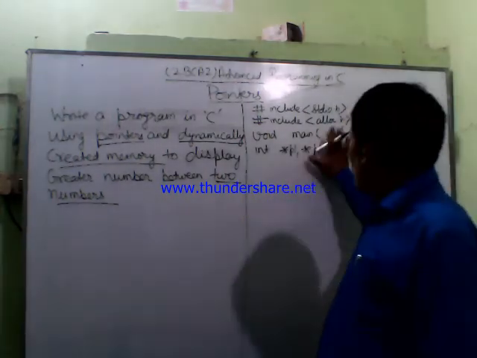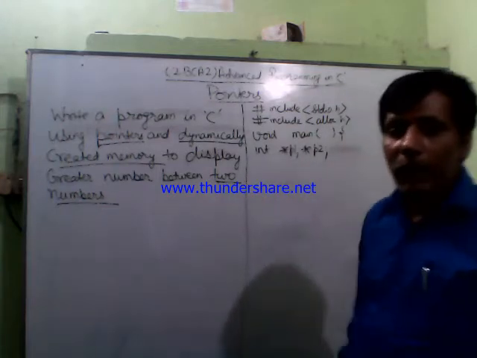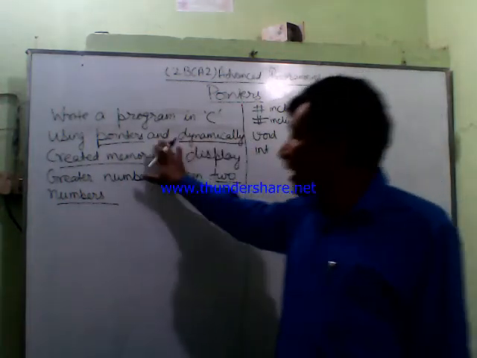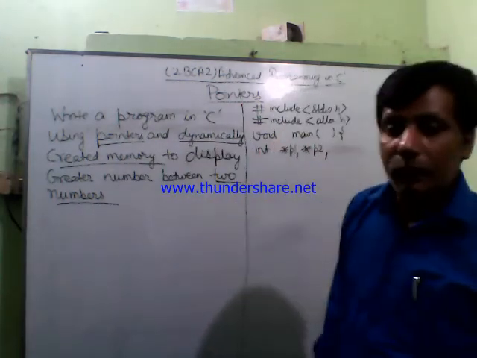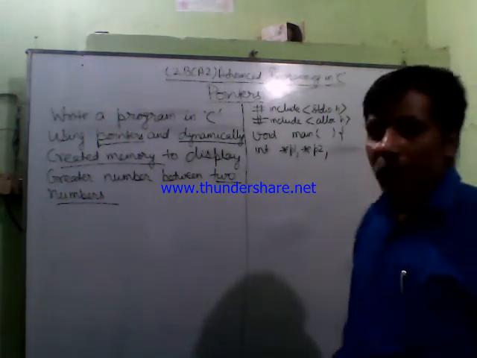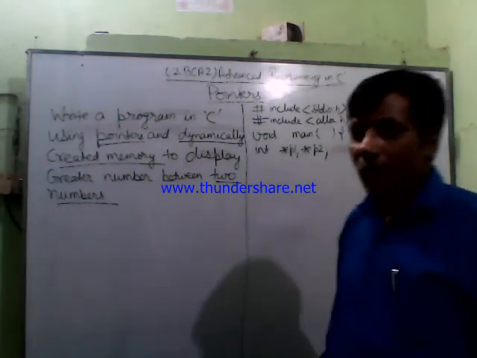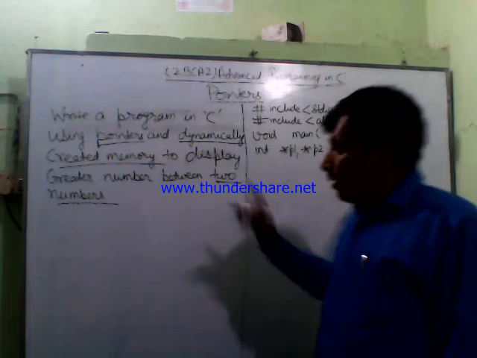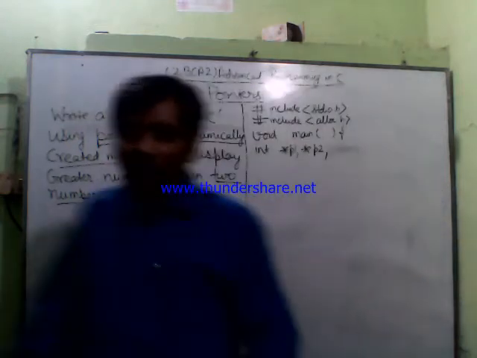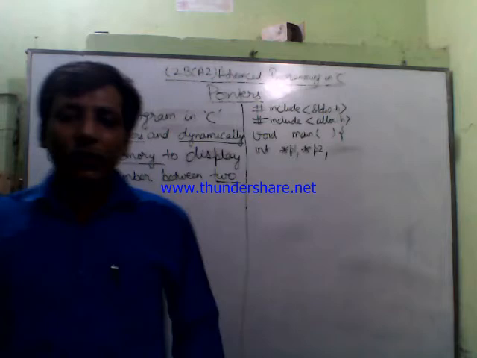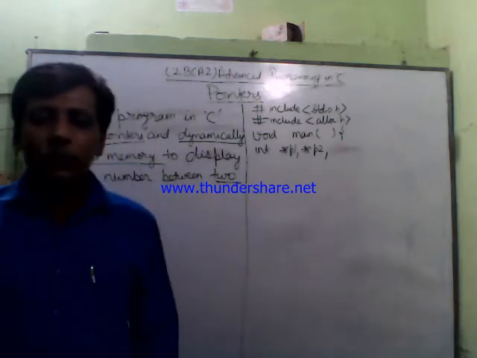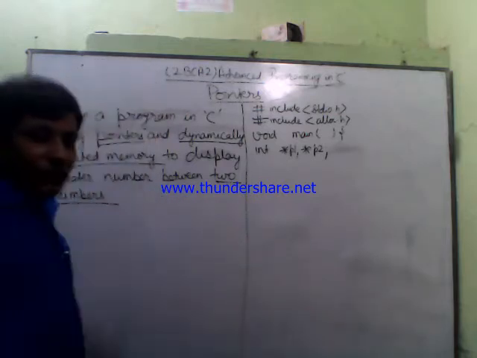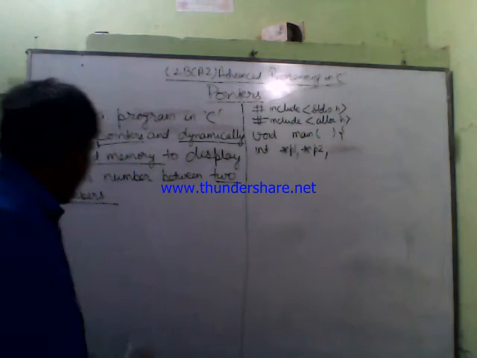So, as the question states, I have to use dynamically created memory in the program, creating memory during runtime. For this I have to use the malloc function, and for this I have already included the alloc.h header file. Now, you have to remember the syntax of how to create memory during runtime and how to store the address of dynamically created memory in a pointer. The syntax I am going to make you remember is